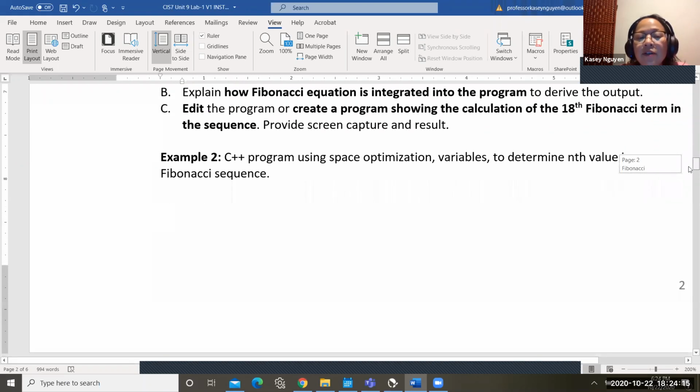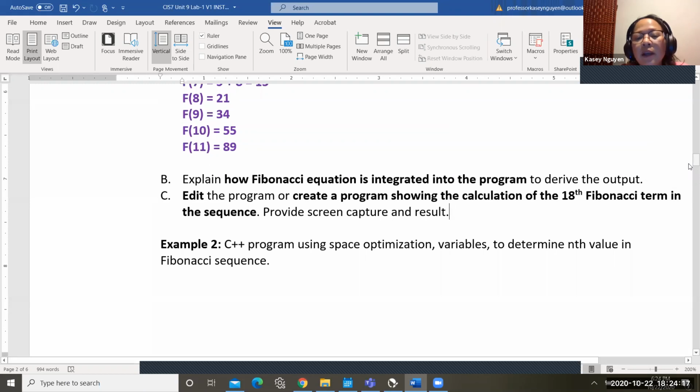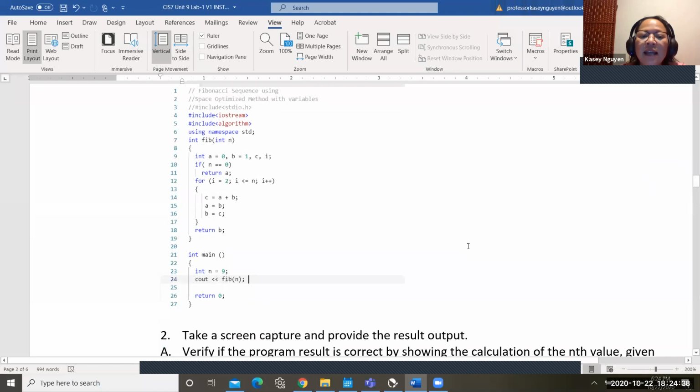Okay. For number 2, we are going to use space optimization to determine the nth value. Our output is still going to be similar to what we have. Our objective is to produce a value at the end position in that sequence. But the approach in example 2 is that we are going to allocate a space to hold specific values, so that it can go back to that location to retrieve that value.